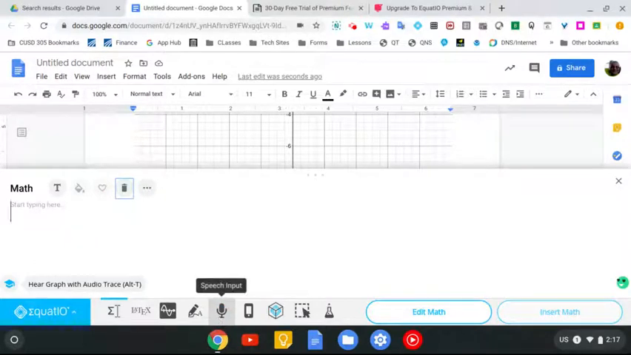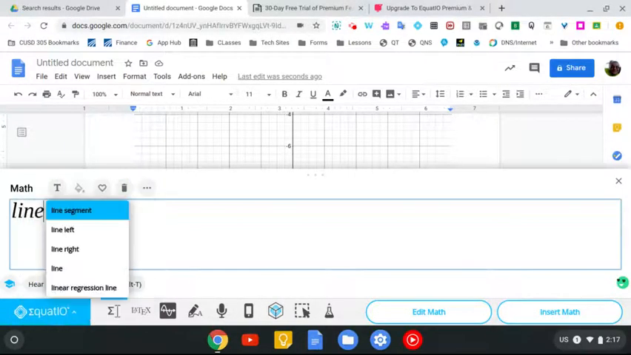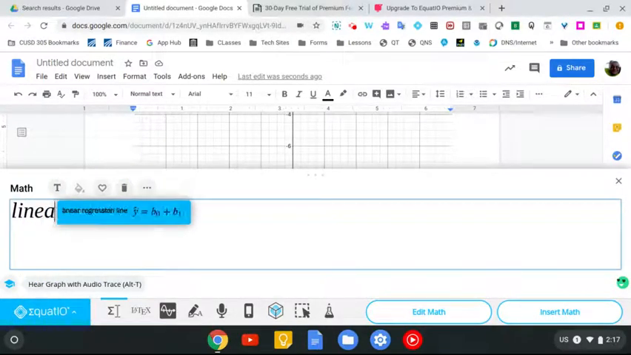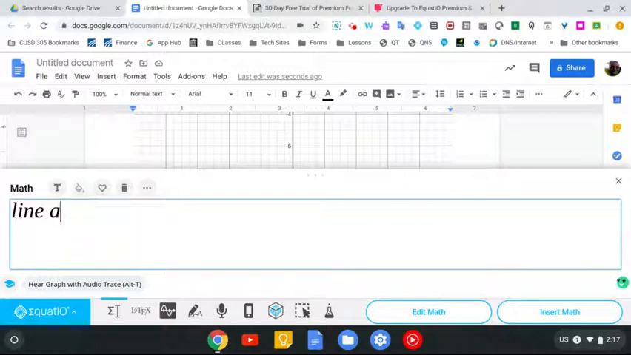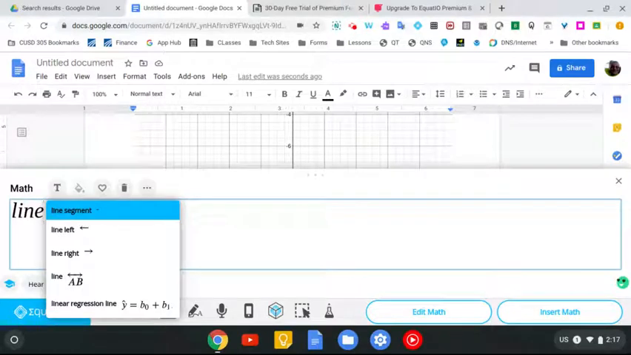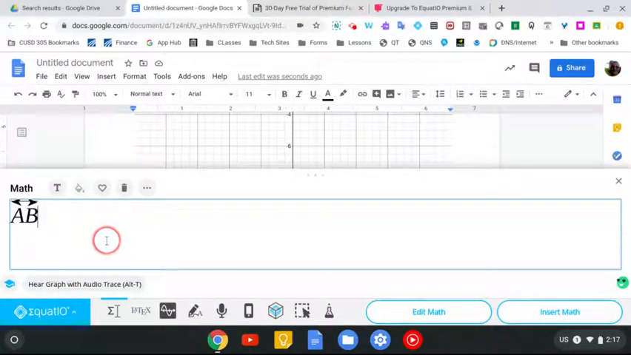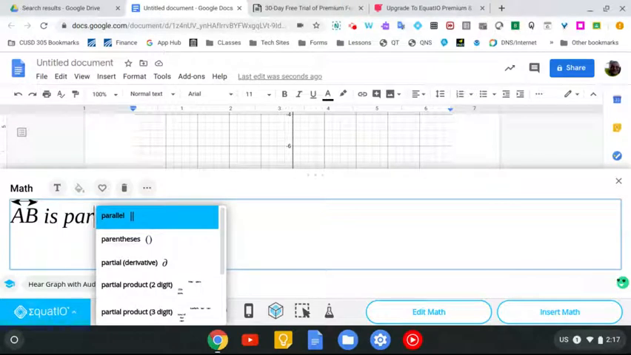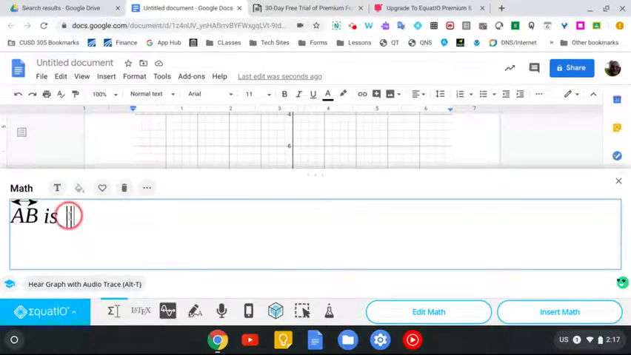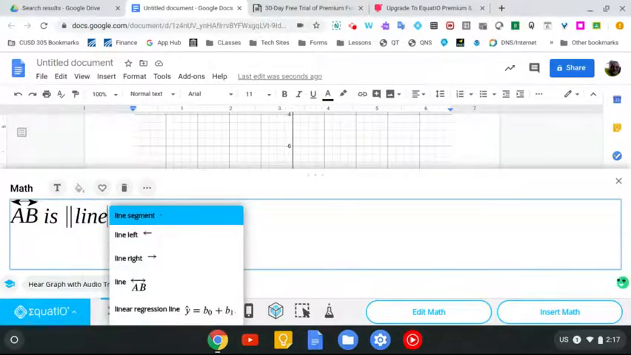like line, if I start typing in stuff here, let's see, line A, B. I was getting this to work. There it is. It says right there, line AB is parallel. And I can get rid of this if I want to, parallel to line. And I say line AB, and then